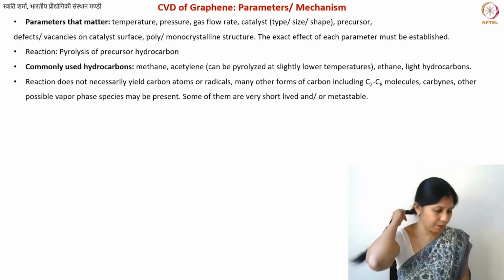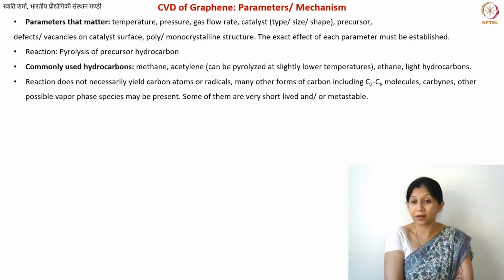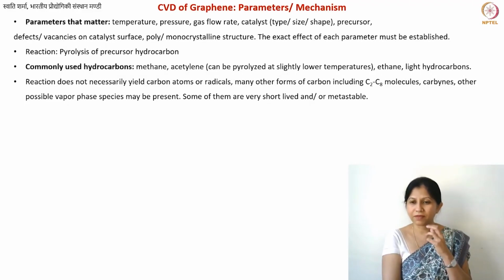One important thing again is that when your methane or any hydrocarbon for that matter is pyrolyzed, what kind of carbon species do you get in that vapor or smoke, whatever you want to call it? So people have done a lot of work in this direction. In fact, it has been also very interesting, not just for the CVD reasons or for depositing films, but also because we know, in this entire course that we have discussed, that there are certain types of carbon materials